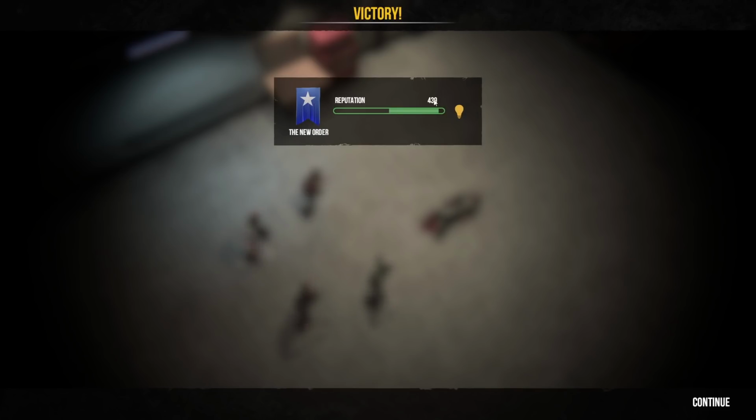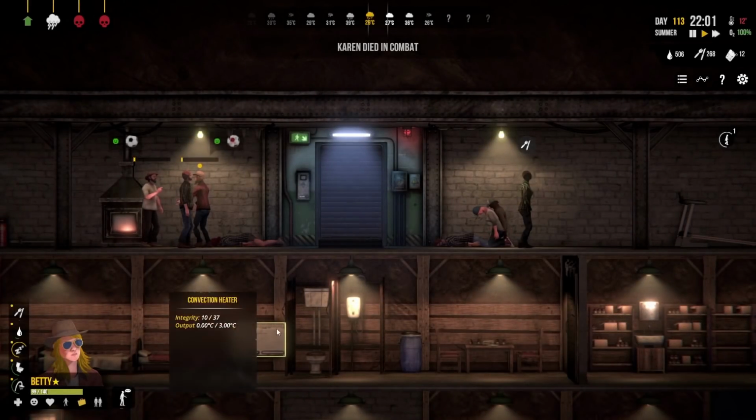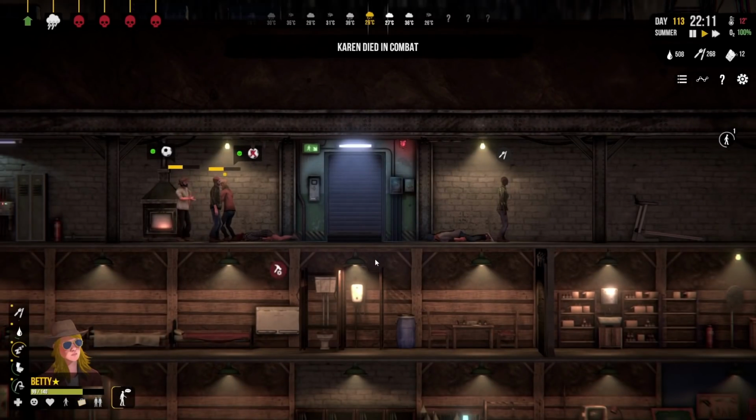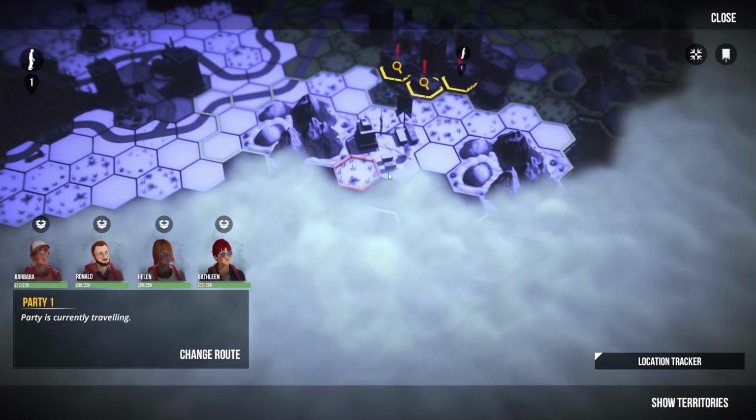New Order, look, we're almost maxed out reputation with you. Why are you coming in to try and kill us? This is just all sorts of outrageous. All of these people are dying in combat. You've knocked our door down. It's all a bit rude, to be fair, New Order. I'm very tempted. I'm very, very tempted to just...